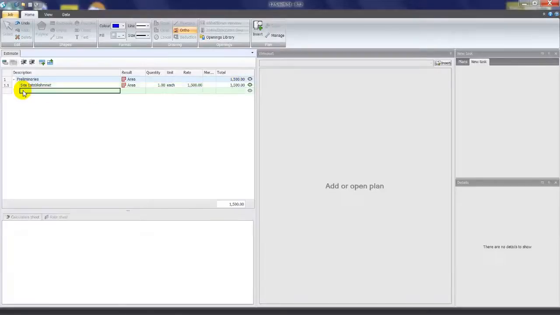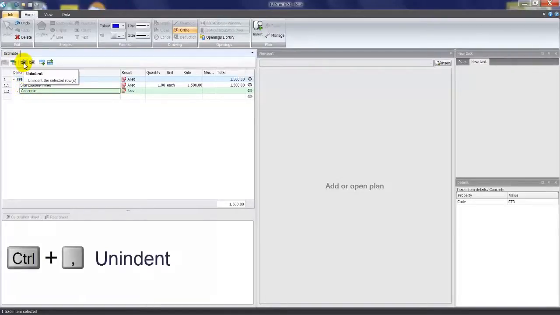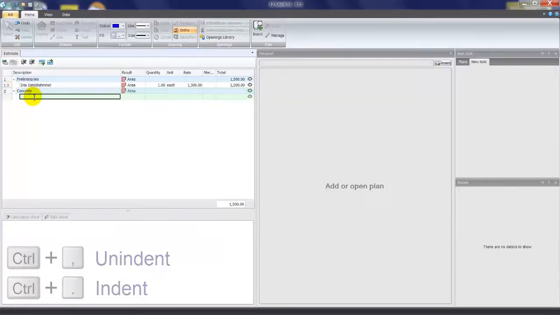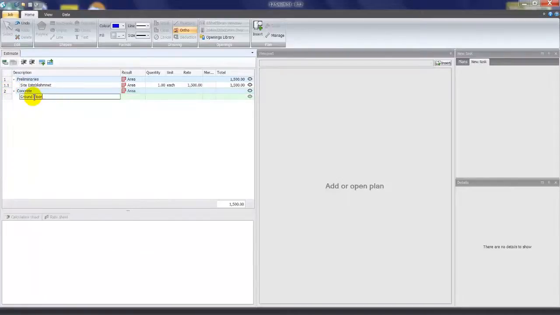If I create another heading or trade, let's say concrete, and click heading, you'll see that that'll go in as a subheading of preliminaries. We can make that a main heading by clicking this unindent button to bring it back to make it, in this case, heading 2 or trade 2 in the estimate sheet. I can create a subheading of concrete by inserting a description and clicking heading, and then I could create an item by inserting the description